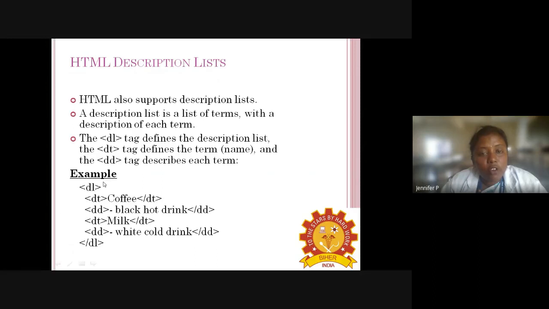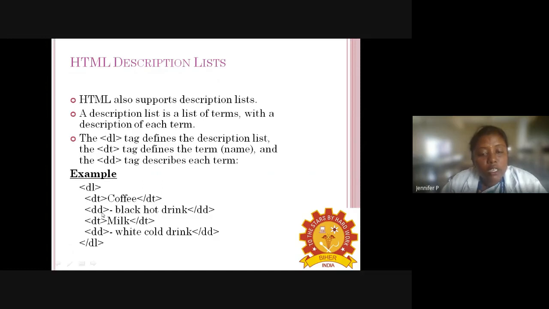So for the example of this HTML description list, you open with the DL tag at first and close it at last with the backslash DL tag. What is this DT? It is the term name. So coffee is the term name, and to give the description for this coffee, you use the DD tag.